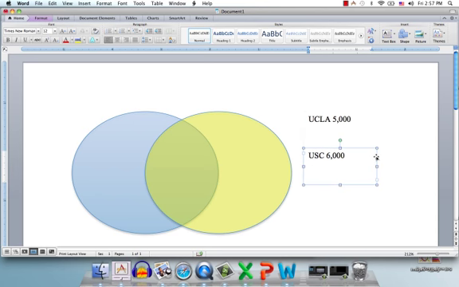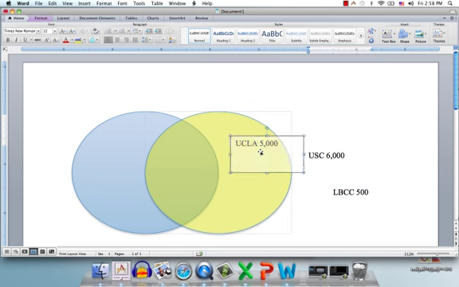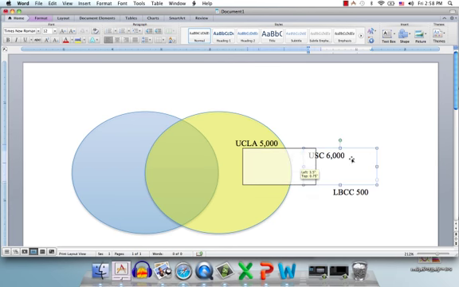All right. And again, I'm going to copy it and paste it. And this one, LBC. So change that to the 500. Now what I just did was I set it this way so I didn't have to continually make my text boxes. All right, so I just simply take that,